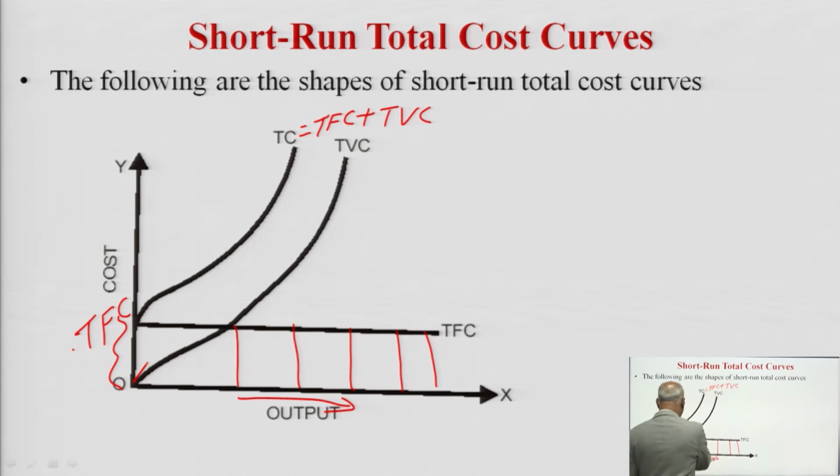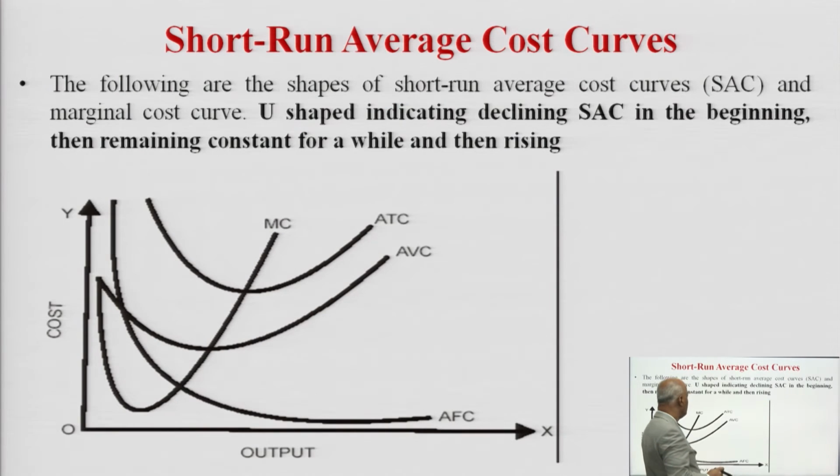And what is the shape here? This represents that your cost is increasing, but at a decreasing rate, and afterwards it will increase at an increasing rate. And the total cost will start from here, because total cost is nothing but total fixed cost plus total variable cost. Now, coming back to this average cost concept,